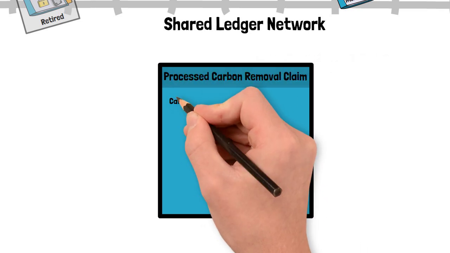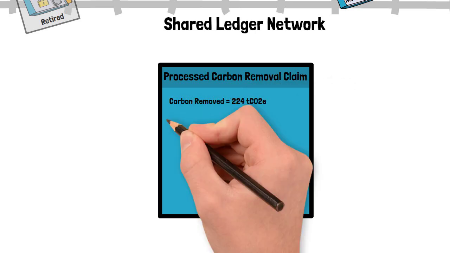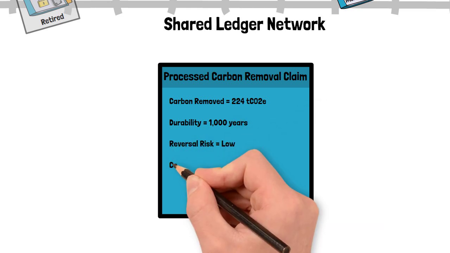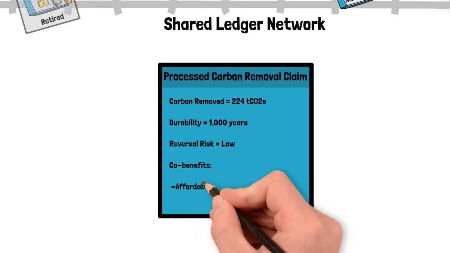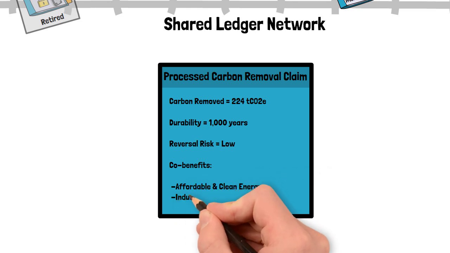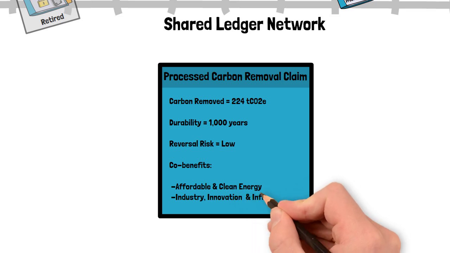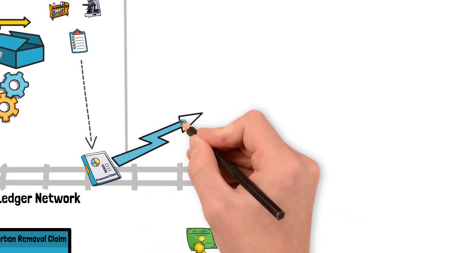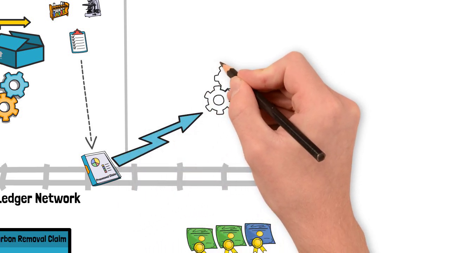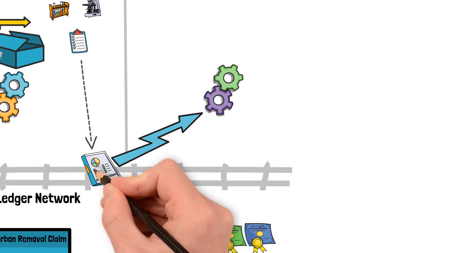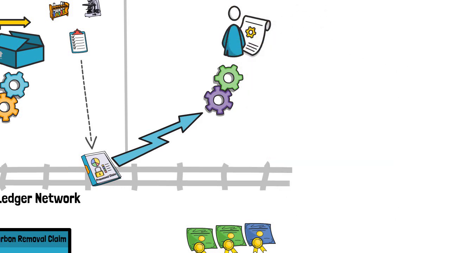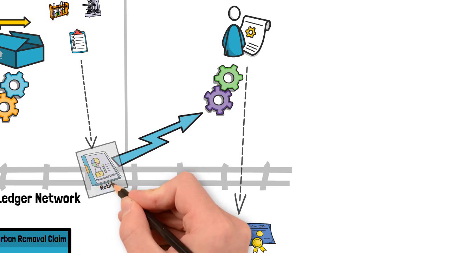For example, the processed claim will include properties for the total amount of carbon removed and the durability of the removal, indicating the term of sequestration, risk of reversal, as well as how any reversal is mitigated. Other properties may include co-benefits that would map to the UN sustainability goals, etc. The issuing registry is automatically notified of the processed claim and begins the final quality and compliance checks for the credit to be issued. Once complete, the carbon removal credit is issued to the project and the processed claim is retired, preventing it from being credited more than once.